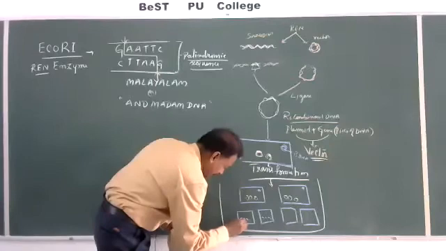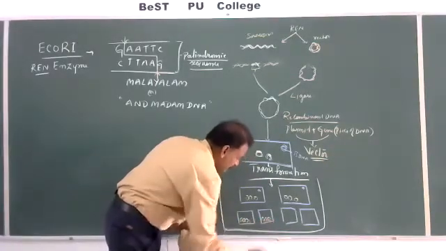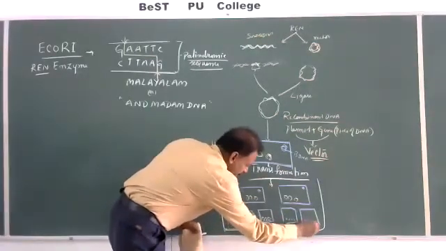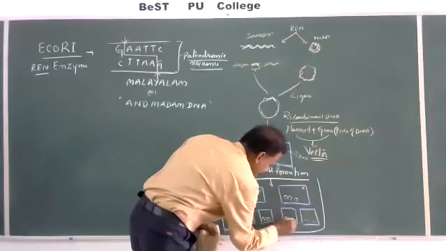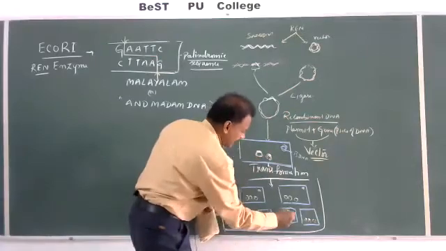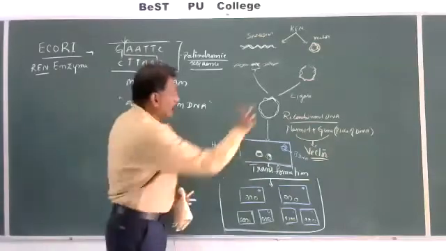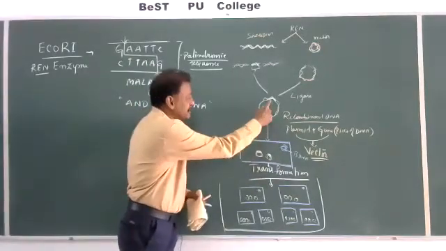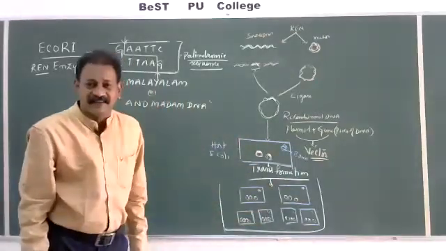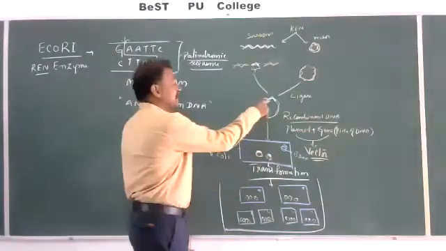Based upon its capacity, many more. Based upon the capacity, it is having its own DNA. This process of multiplication of a single gene into multiple, many copies, hundreds, thousands, this is called cloning. Cloning of gene of interest